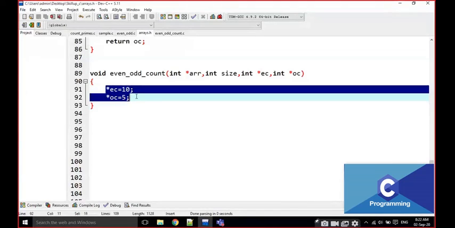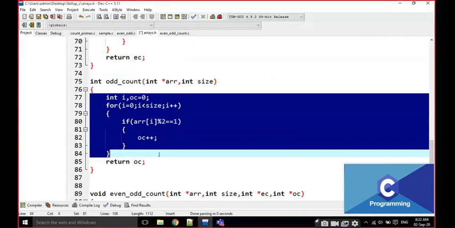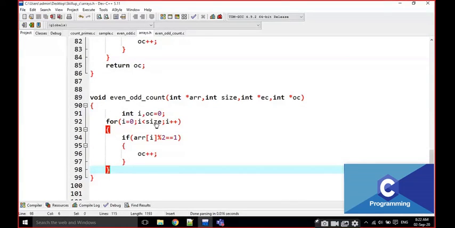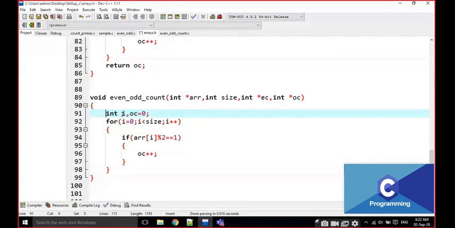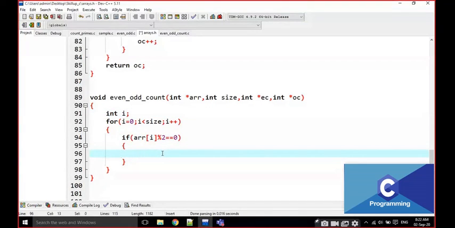Now I am going to develop the logic here. I am going to take one loop index i. If it is 0, that means if it is even, star ec plus plus.